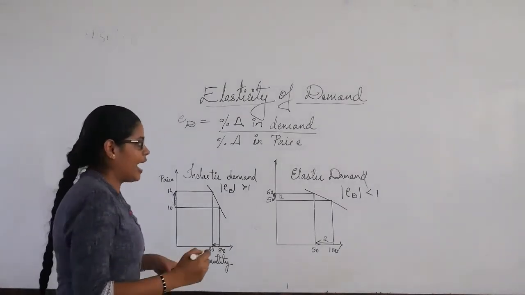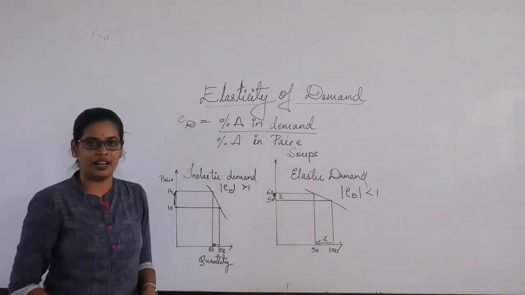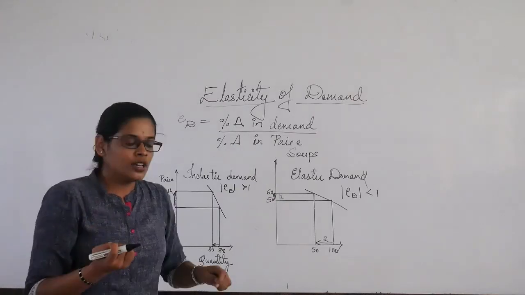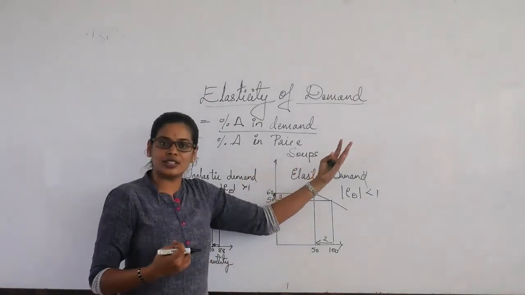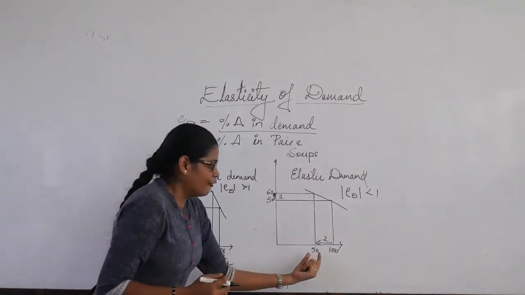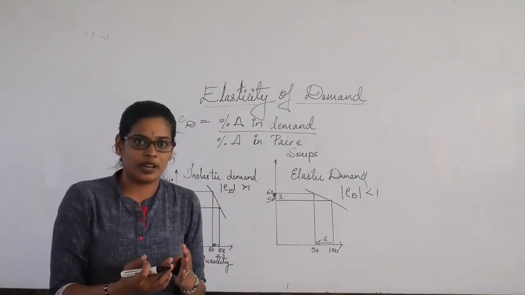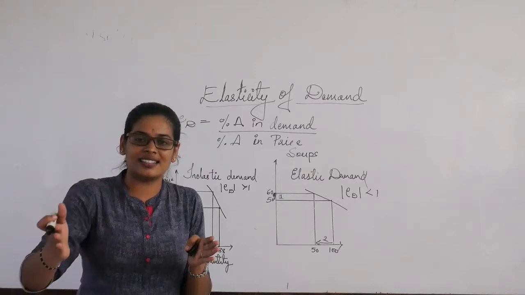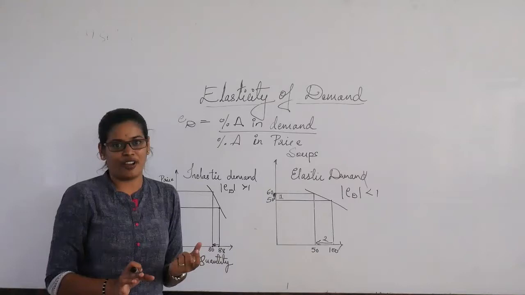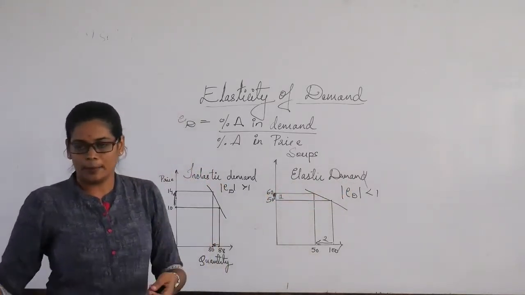Okay, there are so many instant soups available in the market, right? We have Knorr, we have MTR. When the price of MTR's instant soup has increased, we do not tend to buy those MTR instant soup powders. Instead, we switch to the other instant soup powders wherein we get the same level of satisfaction. That's the reason elasticity of demand will be more than 1.